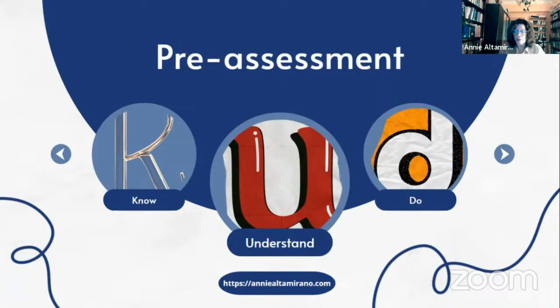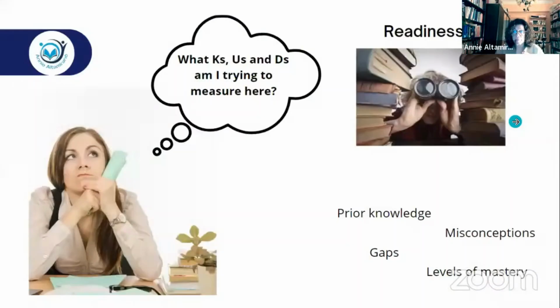Sometimes we may want to assess one of the 3 elements, but most of the time it makes sense to tap on all 3 because they are all important in understanding the students' varying starting points with the content of the unit. So the key KUDs are critical. So, the first question that we should ask when composing a pre-assessment is, what KUDs am I trying